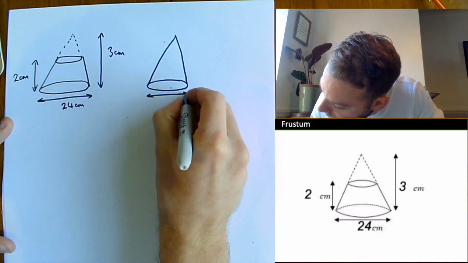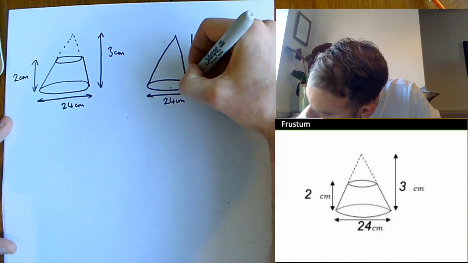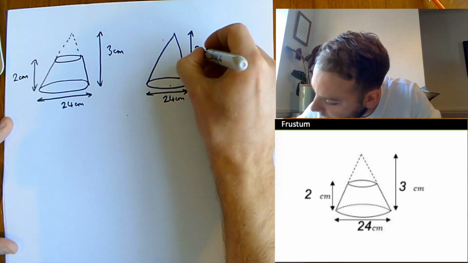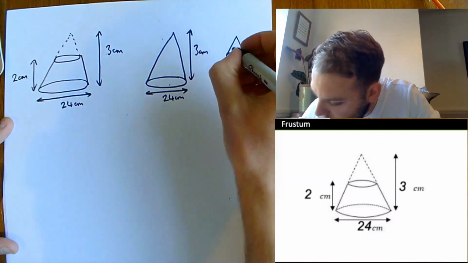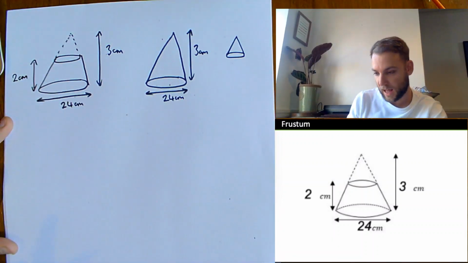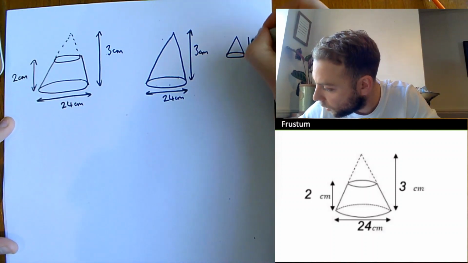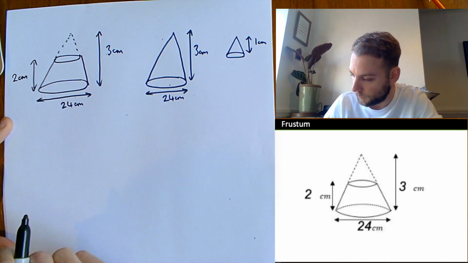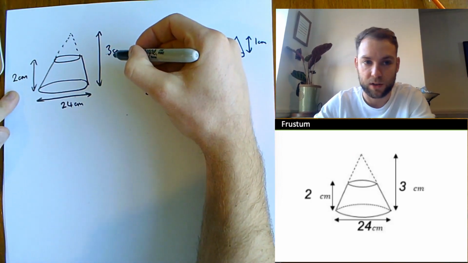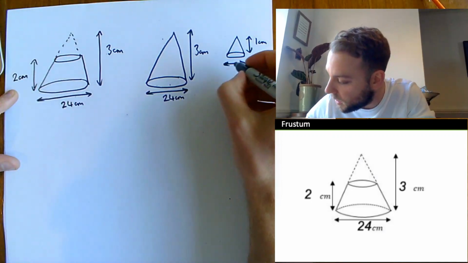This one here is 24 centimeters. The height of the full one is 3 centimeters. Our smaller one, I know, right, be careful here. The height of the smaller one isn't 2. The height of this smaller one is 1 centimeter, because 3 take away 2. And I do not know what the